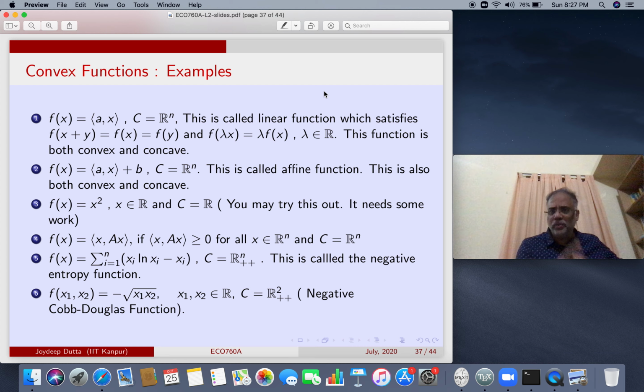But this time we are going to talk about convex functions, examples of convex functions. The most well-known example of convex function is called a linear function. And those whom you have actually